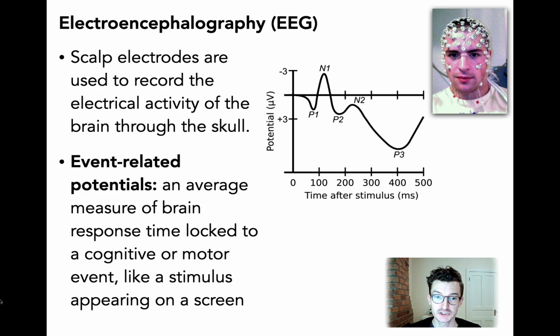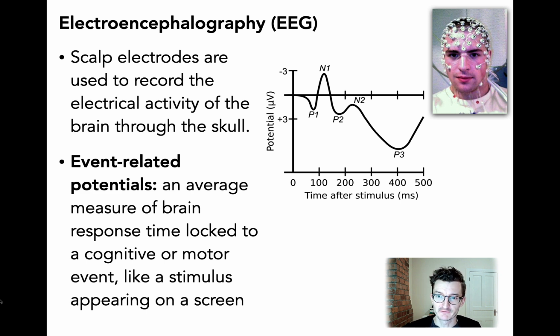Now, a lot of EEG experiments involve the recording of what's called event-related potentials. This is also called an ERP, that's the acronym, event-related potential. And the idea here is that the EEG recording is time-locked to a particular event. So what does that mean? It means that you've got these electrodes on your head, you're doing some sort of task. Let's say it's responding to a visual stimulus that appears on the screen. And you'll do this task over and over and over again. And the EEG signal from the brain area of interest, maybe the occipital lobe in this case,